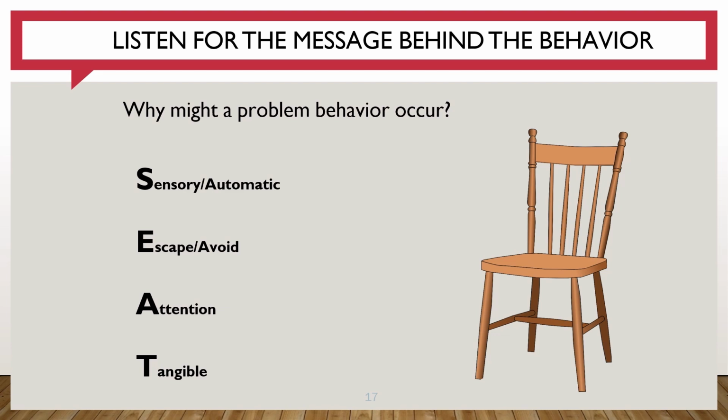We're looking at why a problem behavior might occur, right? So we're listening for the message behind the behavior. Hitting someone might indicate that they are trying to seek out attention and they don't know how to get access positively. Today, specifically, we are going to talk about the category of escape. This has come up a lot for many children and students that I work with, is that we need to give them a socially appropriate way to escape an activity. How can I get out of things, right? Being able to deny or ask for breaks are critically important. So that's the skill that we are going to focus on.